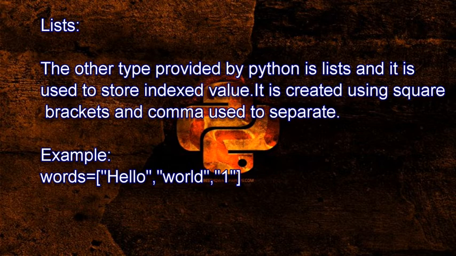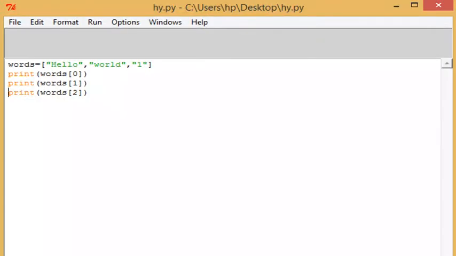So basically, a list will be defined as follows. I can show you in Python what we are typing. We are just typing message. After that we are writing some values like hello, then world, then 1. After that we need to print this message. When we are printing this message, we are using message 0, message 1 and message 2.